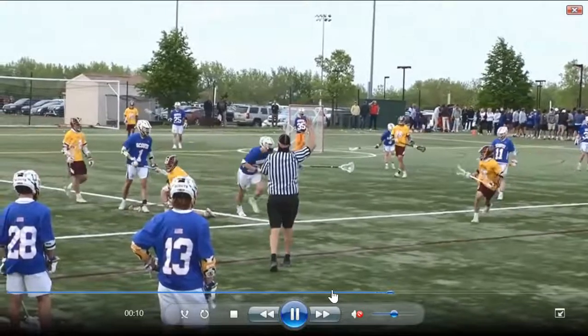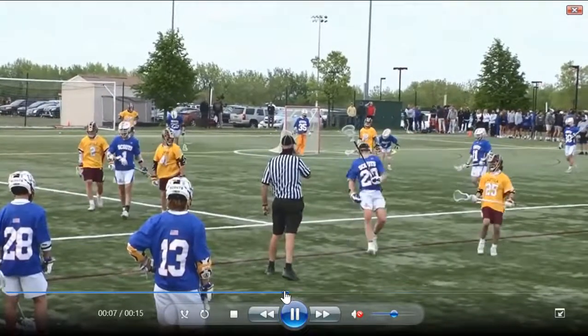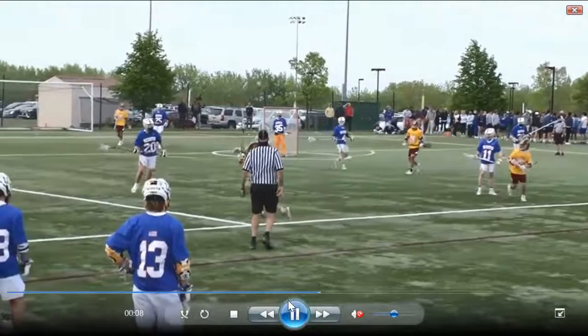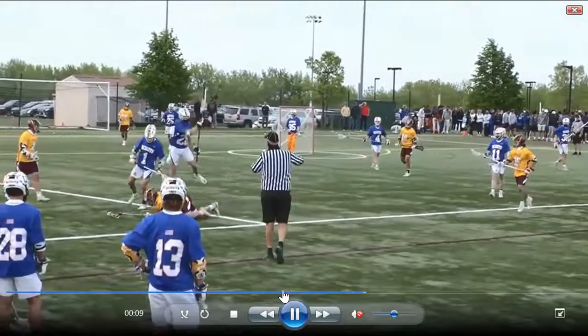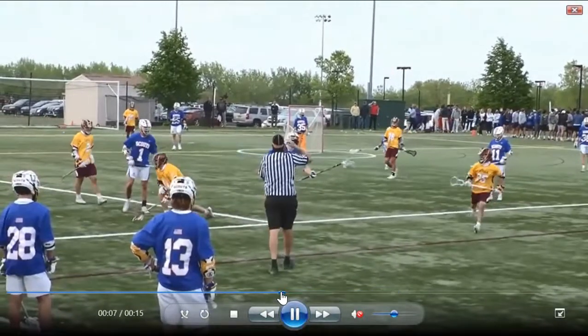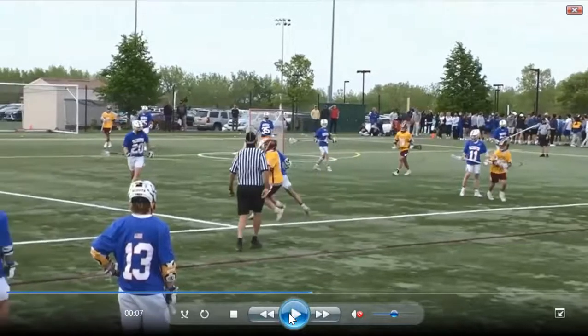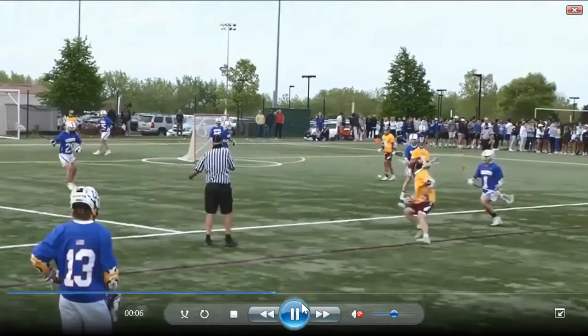All right, so ask yourself, where does this contact occur? And hopefully you're saying this contact occurred right in the side, right? And we can legally push a player from the front or side, right? That's within 5 yards of a loose ball. Clearly,